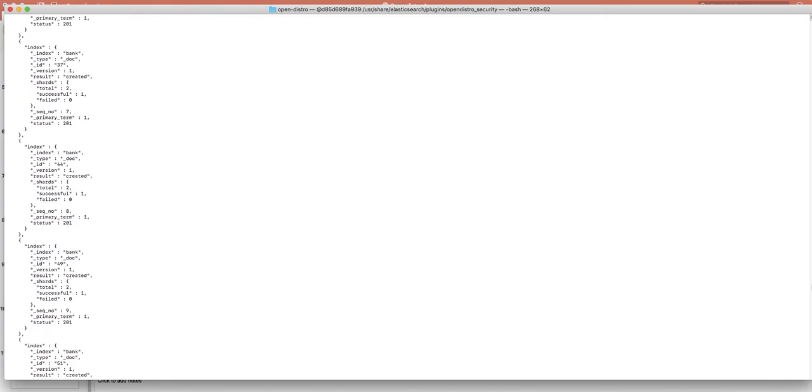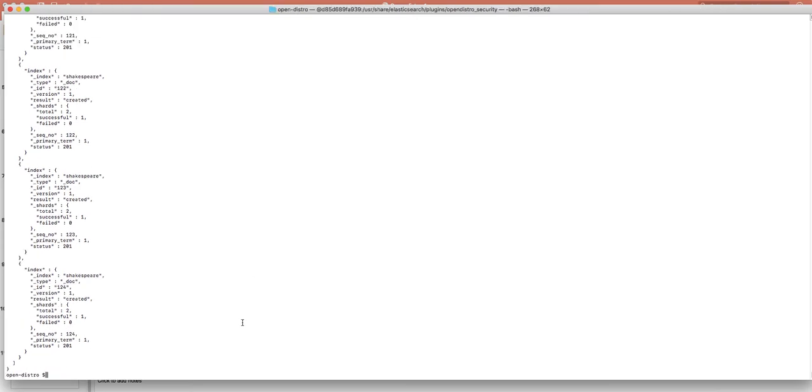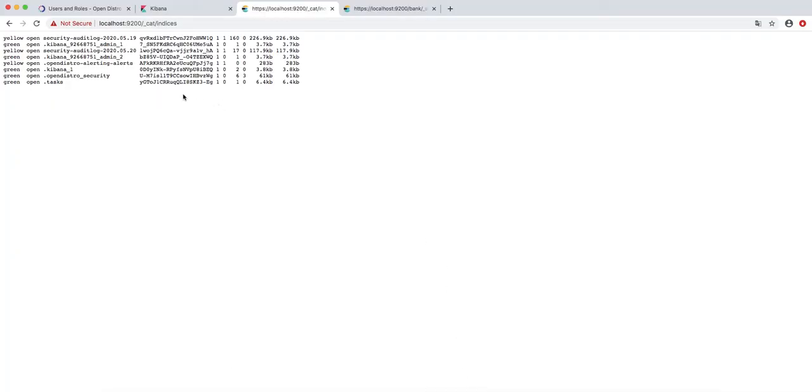So this is all about the bank index. Let's try to hit for the Shakespeare JSON. So I'm now trying to run the command for Shakespeare, and we got all the indexes for Shakespeare also. So basically we have created an index for bank and an index for Shakespeare. Let's refresh this and you can see bank has 100 documents and the Shakespeare index has 125 documents. So basically both our indexes are created.